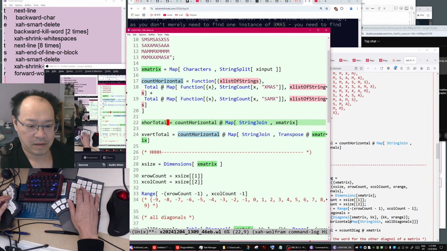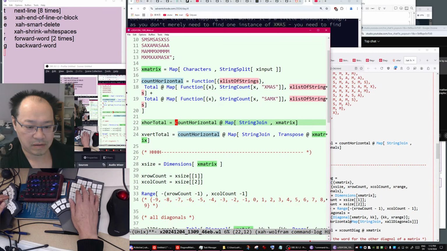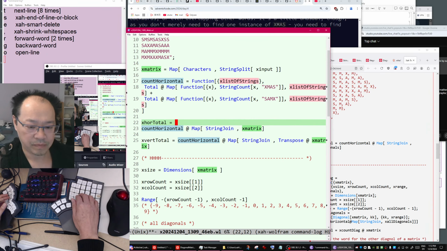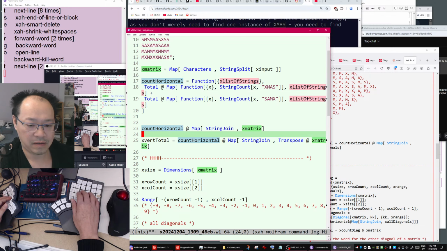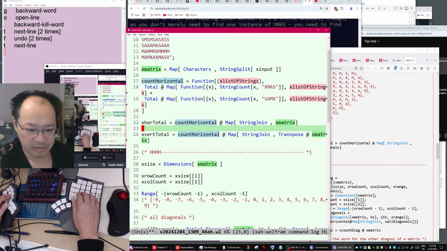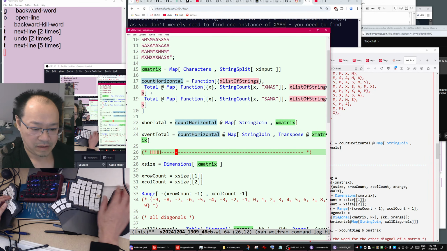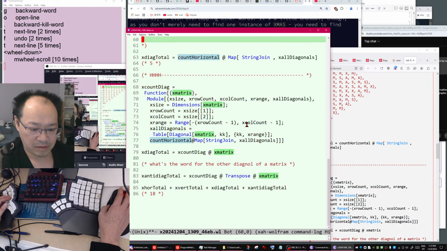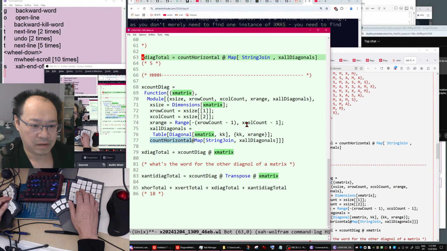Remove that. So this horizontal total, and wait, horizontal total, vertical total, then we don't need this whole thing.